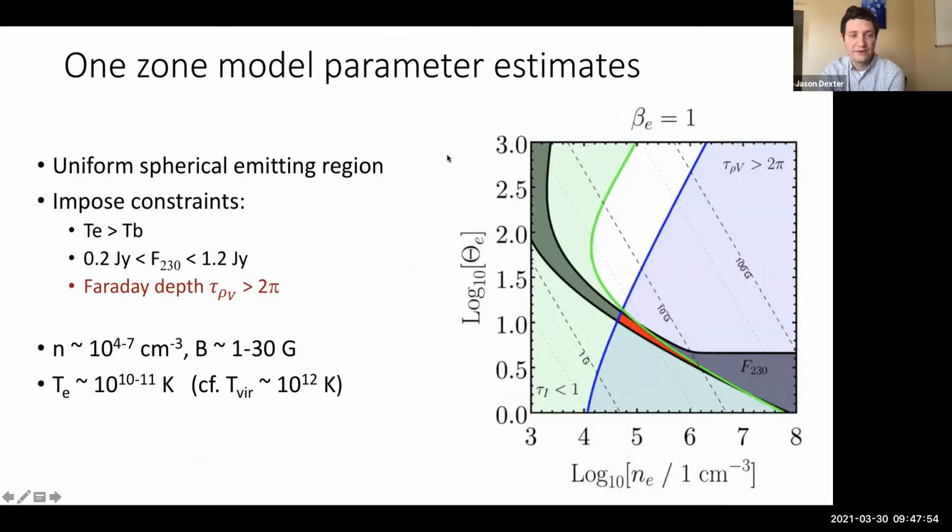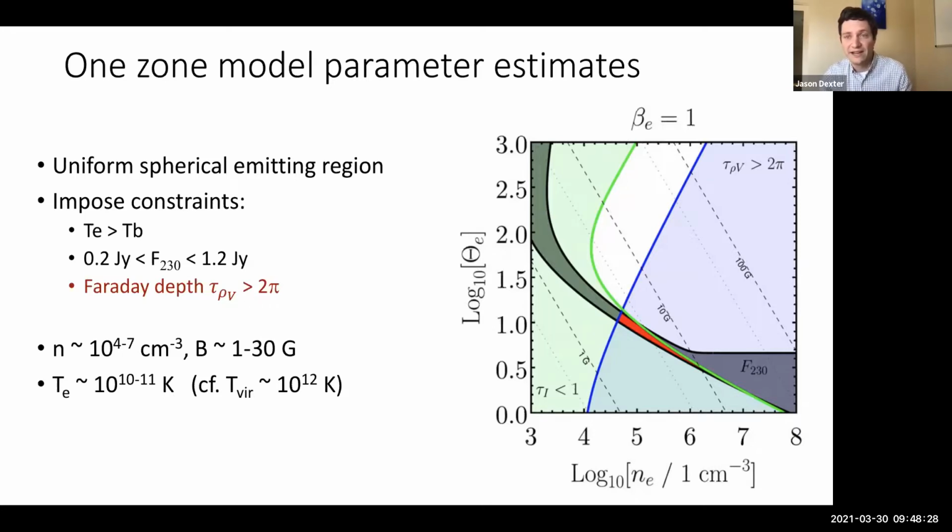Great. And so this is qualitative result number 2. Number 1 would be, taken at face value, that we don't seem to have a toroidal magnetic field, and so the fields appear like they could be dynamically important next to the black hole. Number 2 is that we can use a one-zone model, very similar to what we discussed earlier for the galactic center. And we can impose constraints related to the brightness temperature of the source as a lower bound on the electron temperature that we need to produce the total flux density at 230 gigahertz that we observed from M87.